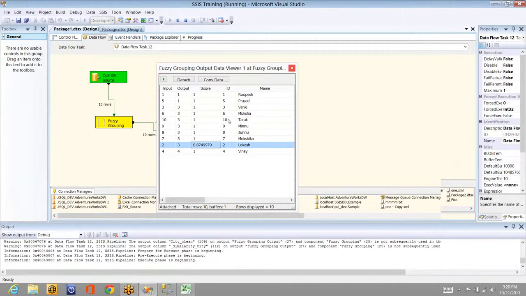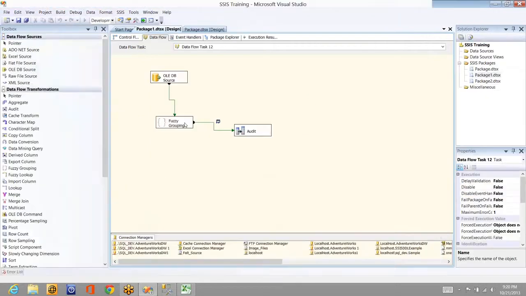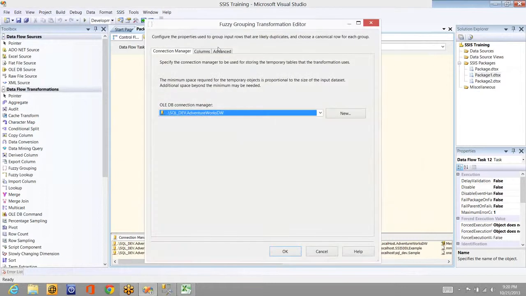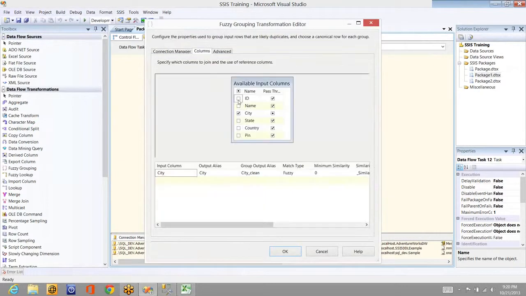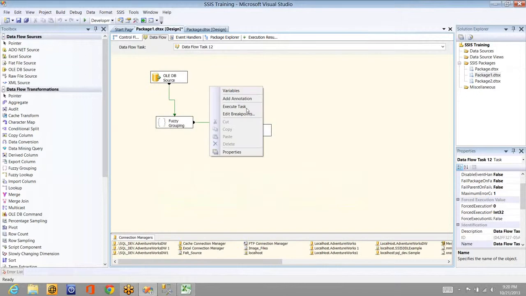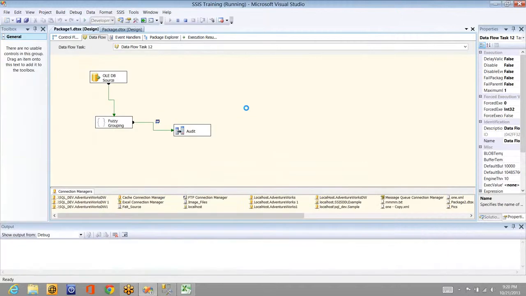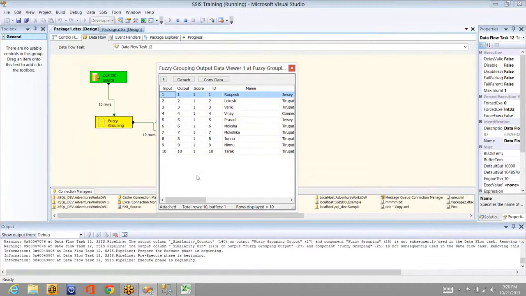Generally what people will do is they'll go for all the columns in the fuzzy lookup, and if the record is 80% or above similar, that means this might be a duplicate record. Let's say they have added all this, and now they'll calculate the percentage, how much similarity the complete row has. Based on that, they will take a call. They will add a conditional split, and based on the percentage, split the records into 2 outputs, one similar records and one original records. So it is 100% and all are unique records.